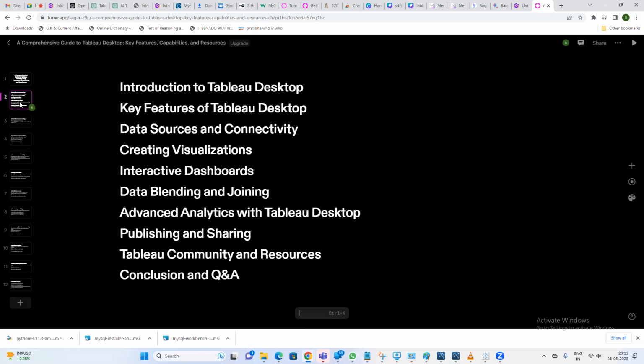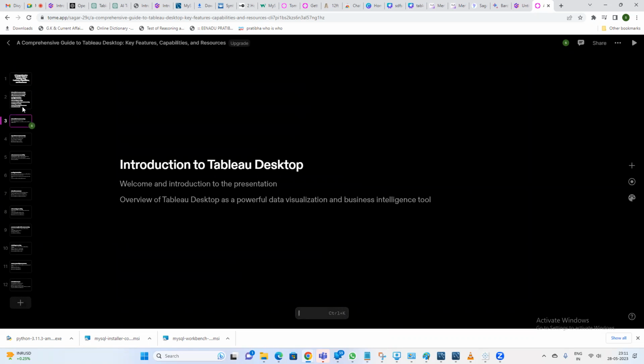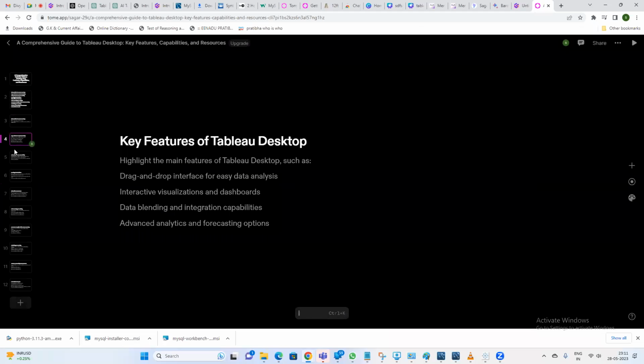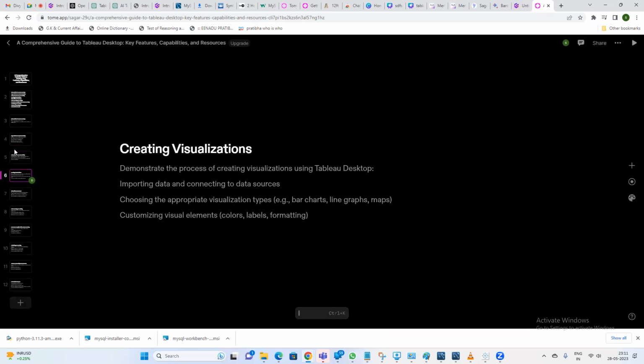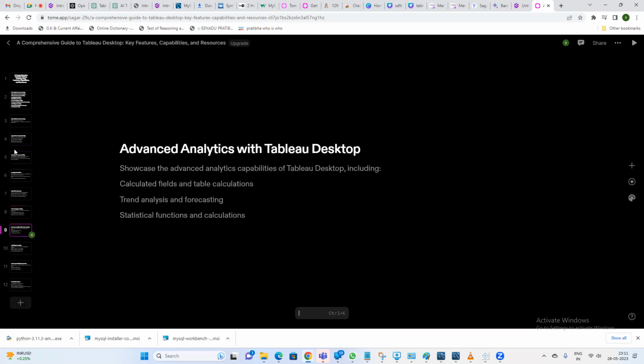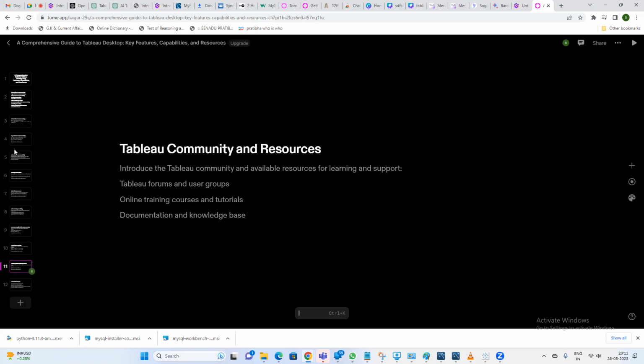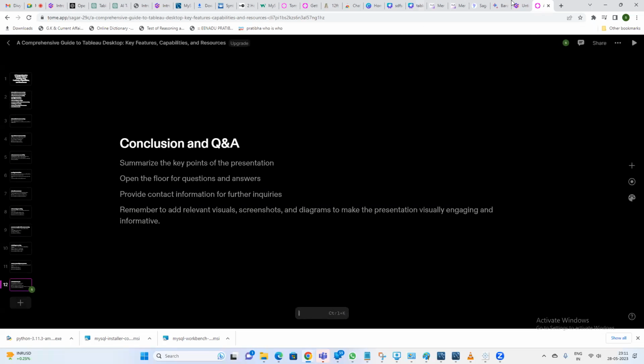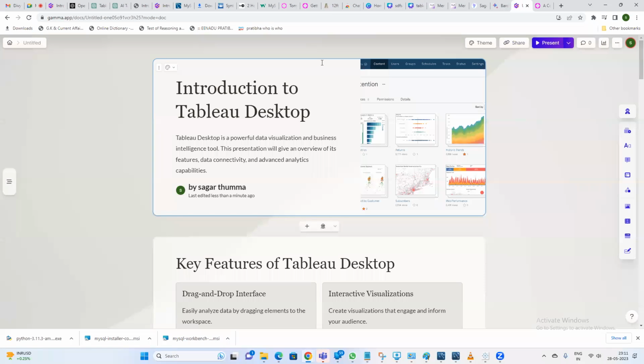Yeah, so here also it has created a deck, but it is faster than this Gamma app. It has created a deck, but it is different from what is created by the other AI tool. And compared to this one, the Gamma app looks better. So this way we can create slides, and let's go to the other one,